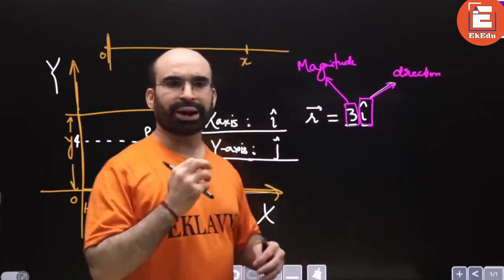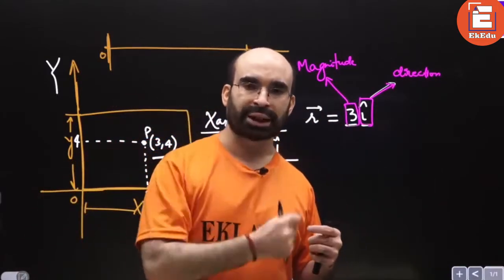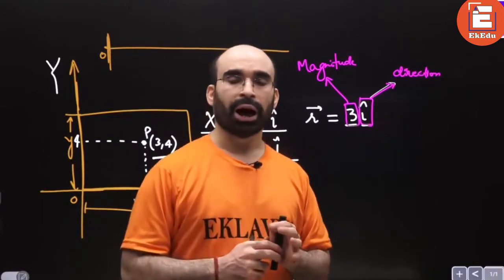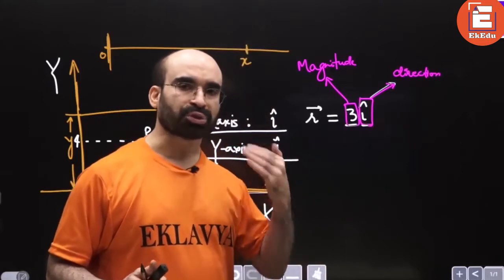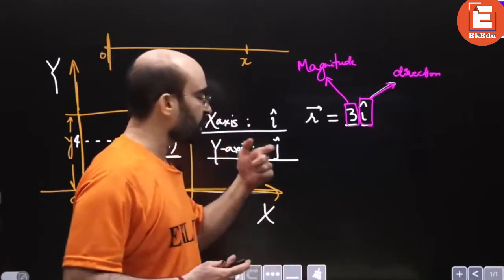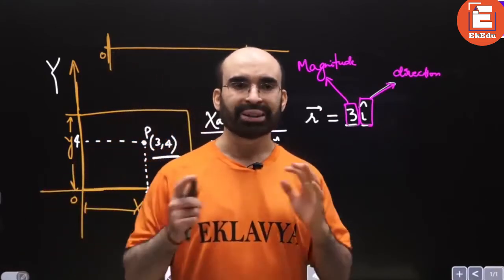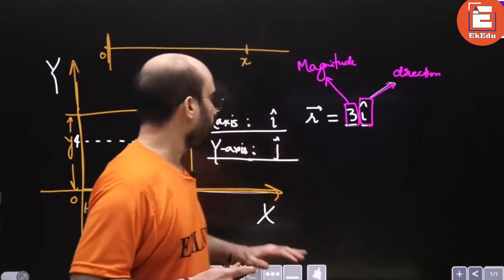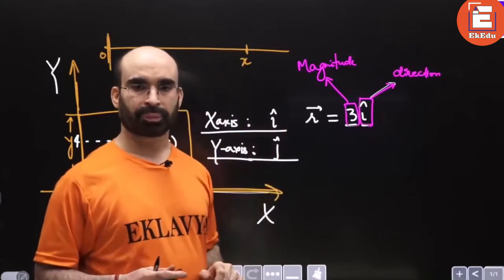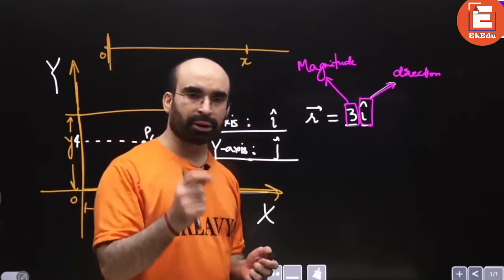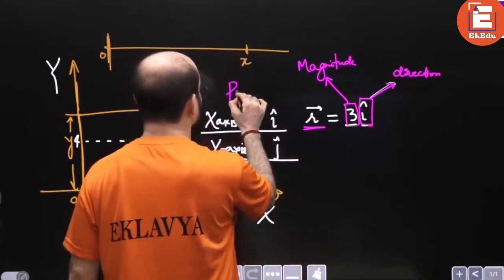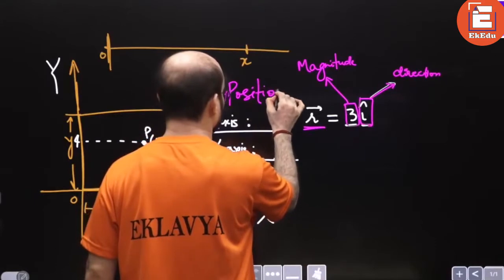I am not right now, in a conventional way, starting with what is vector. I am just telling you how significant this direction can be and why this is so significant. Okay? So this vector, now call it a vector. Any quantity, right now what we are actually talking about is the position of a particle.